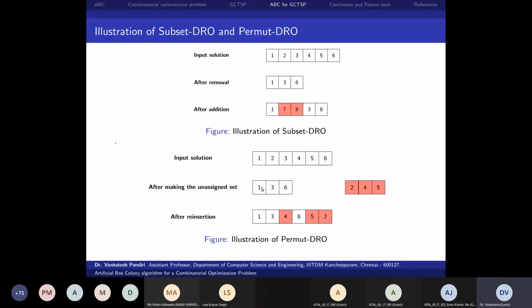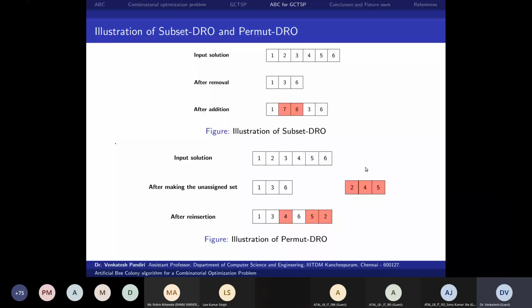will simply remove them randomly from their places. Like 1, 3, 6 we make, and 2, 4, 5 are there, and this 2, 4, 5 will be calculated in such a way that we will take this 2, and where it requires less insertion cost, so there we will insert that one. We will take this 2 and we will try to insert between 1 and 3 and 3 and 6 also. Then wherever it is less, we will insert there, and we will take 4 again, and